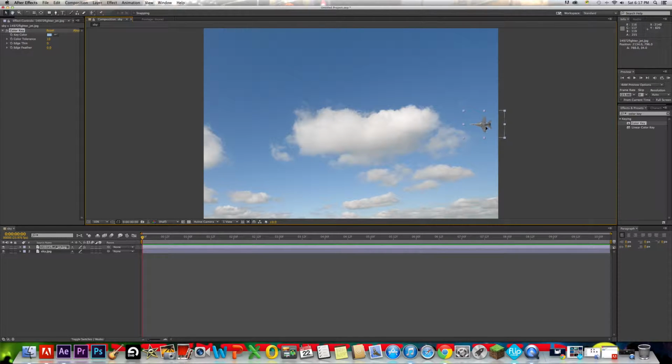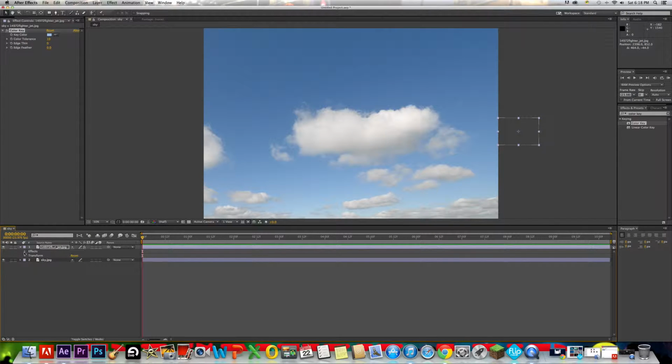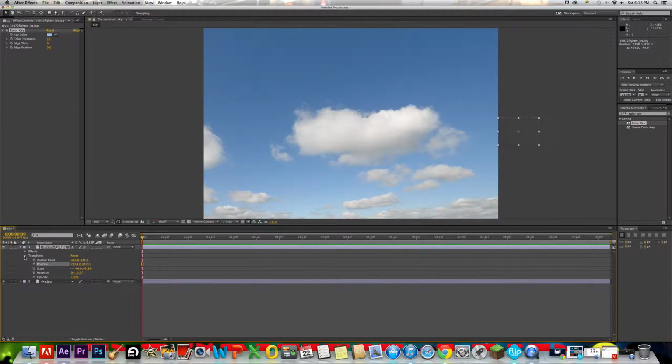Literally, I think the only difficult part that you may find hard is going through the cloud instead of over it, because it looks kind of crappy if it's just over it. But it'll actually go through the cloud, behind it, pretty much. So let's start by animating our jet. So place your jet outside the frame about where you want to do the flyby. Then go down here to your jet source, and drop this transform panel down, and go to position